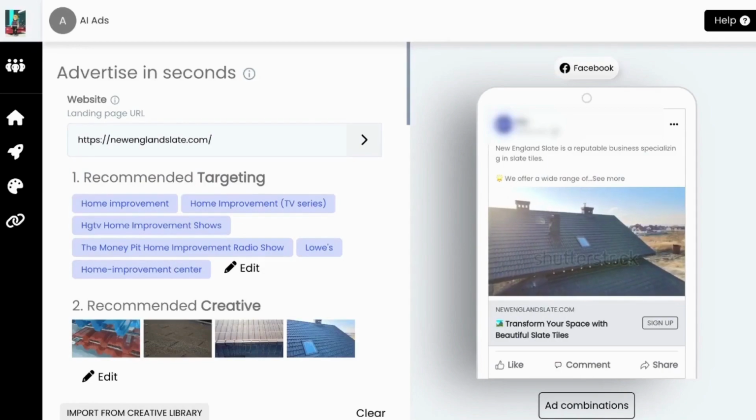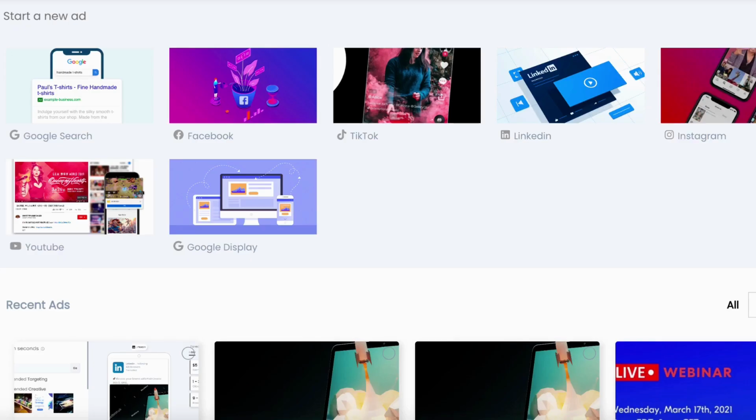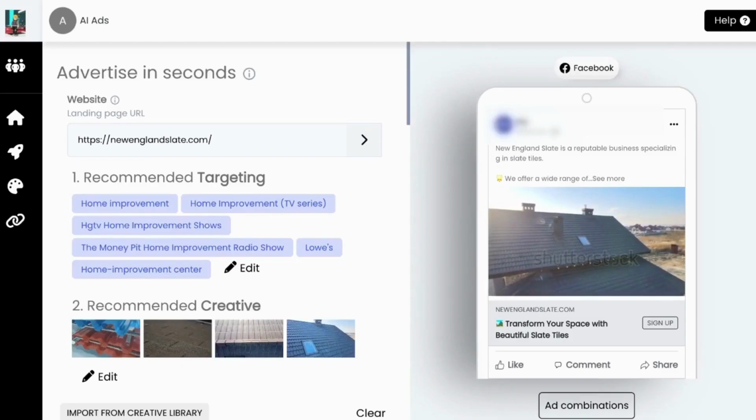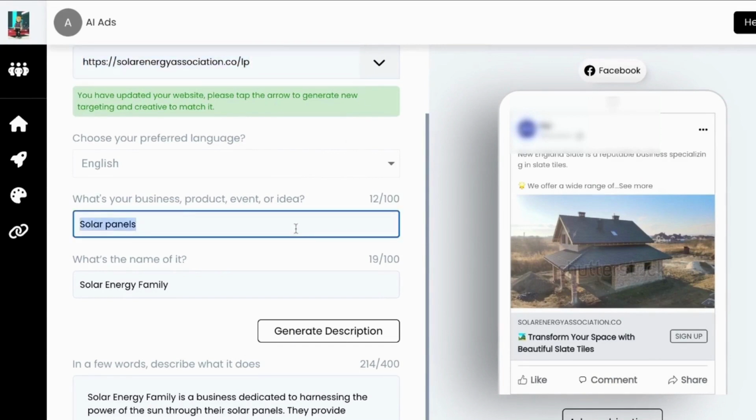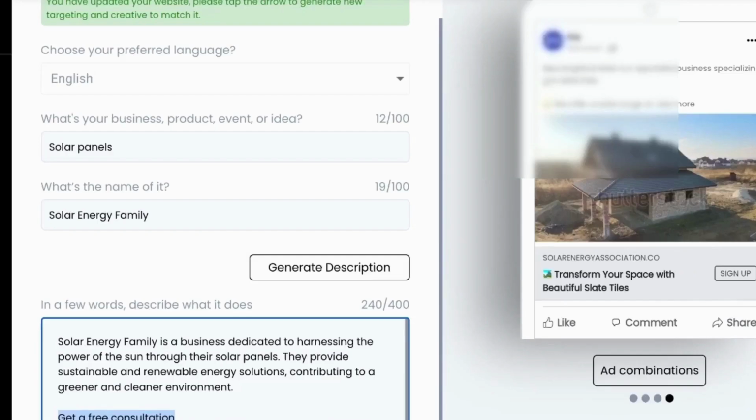future of ad creation. You can launch targeted ads across multiple platforms, languages, and business types with our groundbreaking text-to-ad creation feature. Let's dive in. Start by tapping the arrow to open up our cutting-edge integration with OpenAI's ChatGPT. Just add your website, preferred language, what your business is, for example, real estate or roofing services, and tap Generate